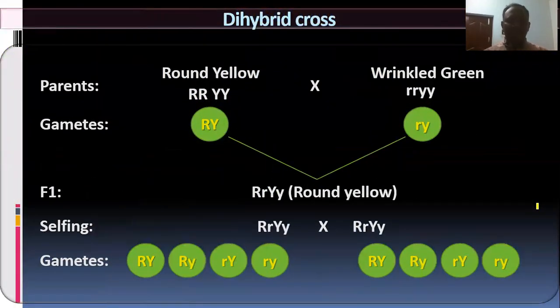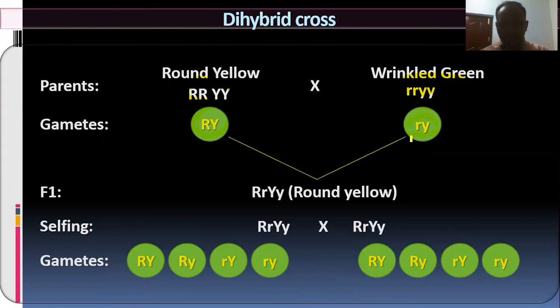And we will see the dihybrid experiment procedure. This is parent one. Parent one produces seeds which are round shape and yellow color. The genotype of the seeds is capital R capital R, capital Y capital Y. Another parent produces seeds which are wrinkled and green color, so the genotype is small r small r, small y small y. This parent produces only one kind of gamete, the RY gamete, but the other parent produces small r small y.